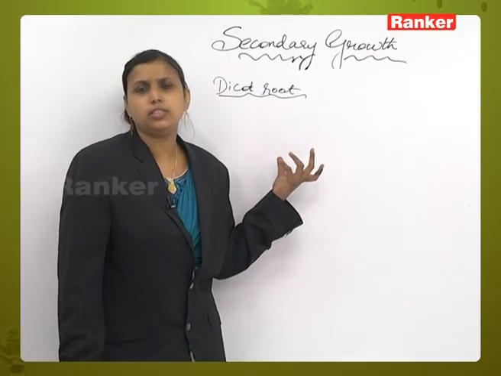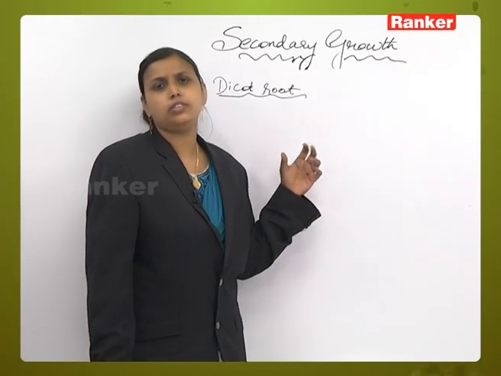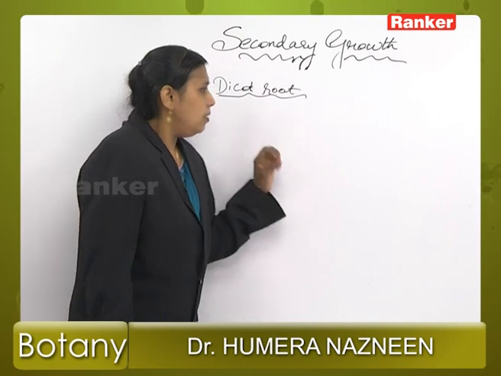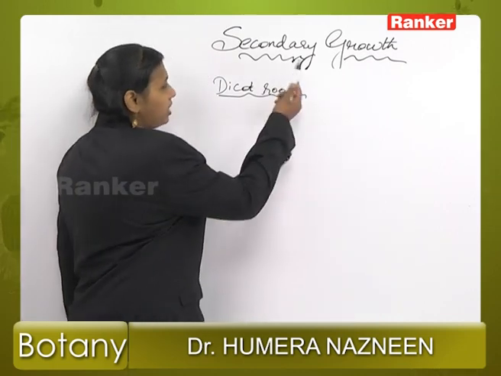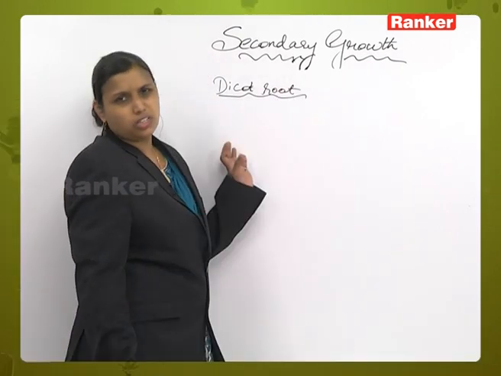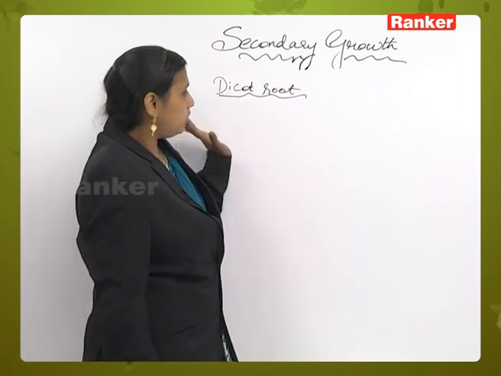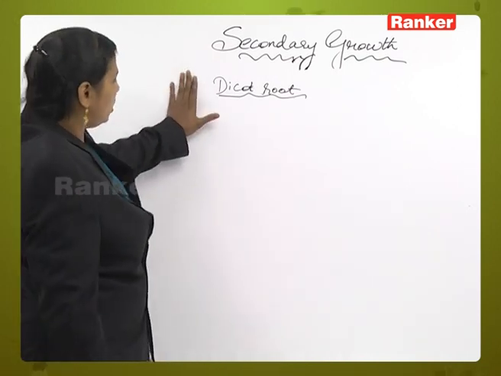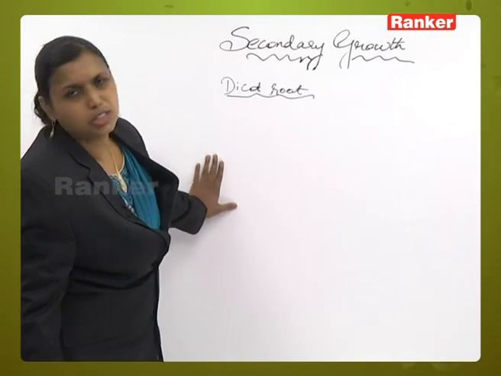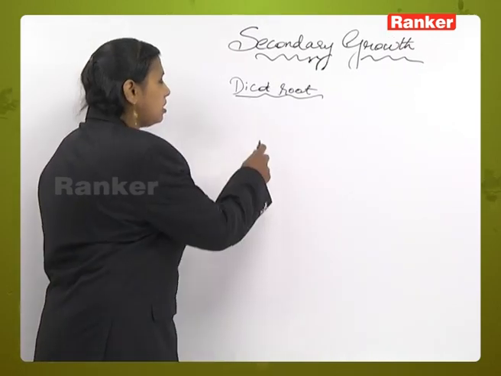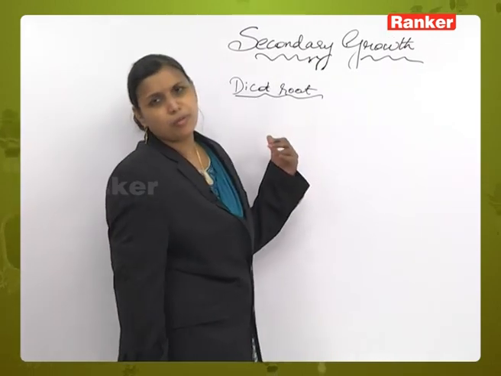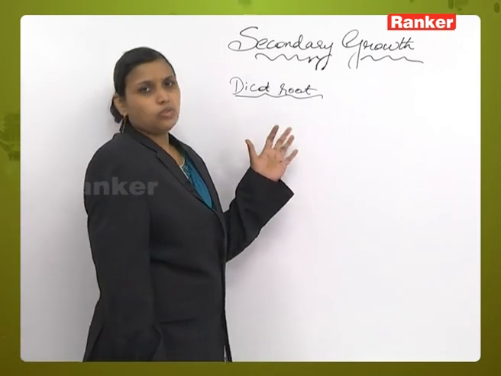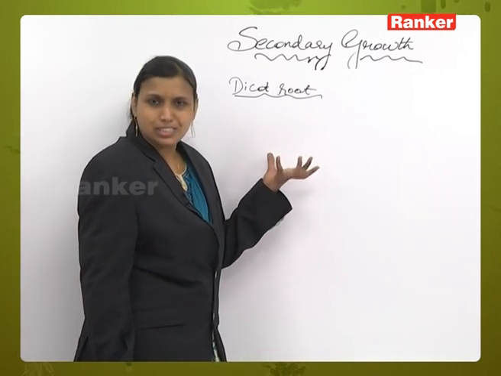Secondary growth activity in the dicot root is completely different from that of the dicot stem. Secondary growth is not seen in monocotyledonous roots; it is seen in dicot roots. Here the formation of the cambial ring is totally different. The parenchyma cells formed by the activity of secondary growth are developed below the group of